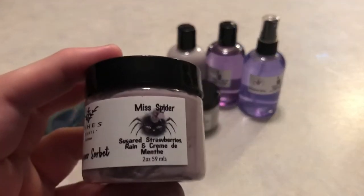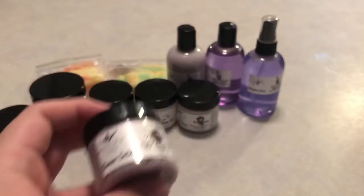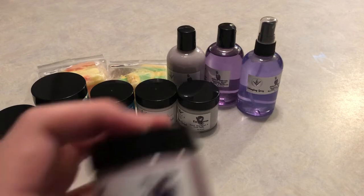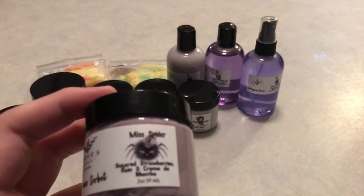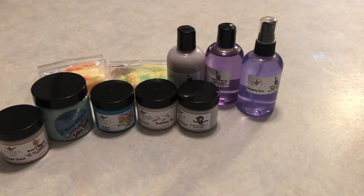Speaking of rain, we have Miss Spider, sugared strawberries, rain, and creme de menthe. This one, you get all those notes and you get them all very evenly. Not one note stands out above the other, which is really good. It's a very, very balanced blend. Okay, so the type of strawberry that this is is kind of hard to describe. It's like you mashed strawberries